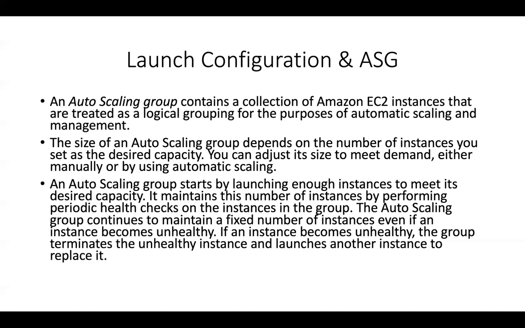And if the load balancer returns 2 healthy instances and your desired capacity in your auto scaling group is 2, then the auto scaling group is not going to do anything. But suppose the load balancer returns only 1 healthy instance, and the auto scaling group gets that metric from the load balancer, and you have specified your desired capacity to be 2, which is greater than 1, then the auto scaling group will try all in its power to launch 1 more instance to maintain that desired capacity. Right? And if an instance becomes unhealthy within the auto scaling group, it automatically terminates that instance and then launches another instance to replace it. So this is the property of an auto scaling group.